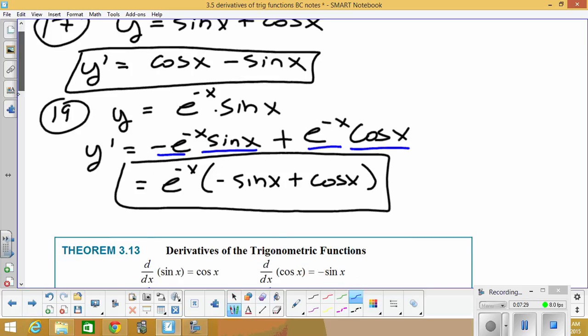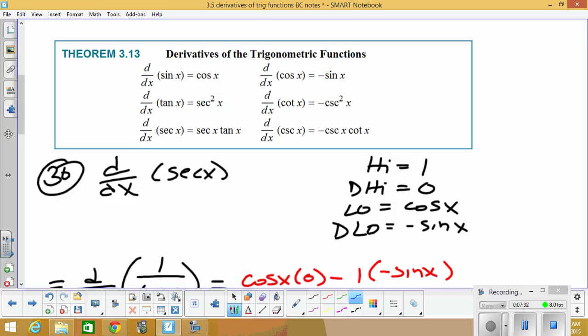From here, theorem 3.13 is the list of all 6 trig functions' derivatives. And I walked through problem 30 from the homework section because in the homework section, I proved sine of x and its derivative, but you can walk through any of these trig functions and prove its derivative, and that is what number 30 is. We're going to prove the derivative of secant x, and I'm going to use the product